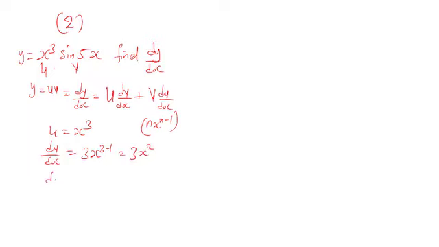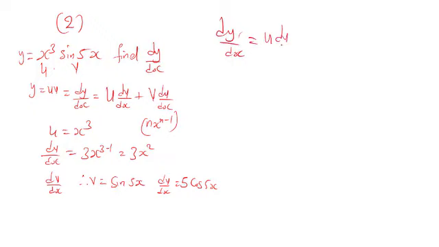Now let's do that of the dv/dx. Remember that our v is equal to, where's our v from the question? Our v is sine 5x, and if you differentiate sine, you have cos. So our dv/dx is equal to 5 cos 5x from here. So finding dy/dx is equal to u dv/dx plus v du/dx, which is the same thing